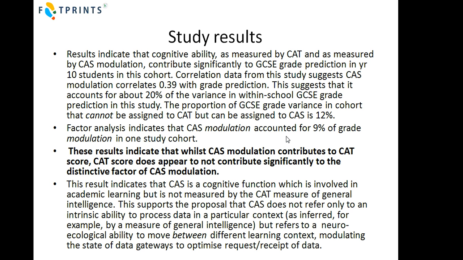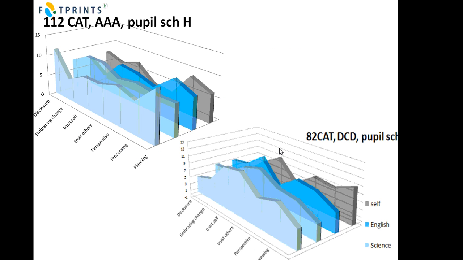And in fact, what we did was to rank the modulation. If I just go back to that previous chart, we identified the pattern of CAS scores that correlated with the highest performing students. We ranked those scores and gave each student a CAS rank score that indicated the optimality of their adjustment of their CAS state from lesson to lesson, so that each student had not just a CAT score, cognitive ability test score, but a CAS score.